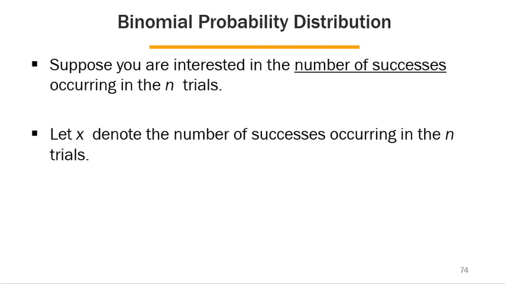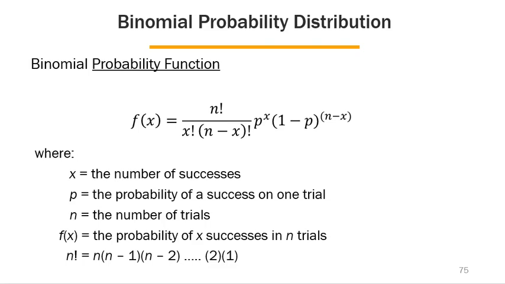Now, suppose you're interested in the number of successes that occur in the n trials. So let's suppose you have 20 trials and you want to know the probability of getting 5 successes. Right? So in this case, the number of trials, n, would be 20. The number of successes that you're looking for is 5, or at least you're looking for a probability associated with x being 5. X would be the number of successes again. So the formula for this is given here on this sheet, and